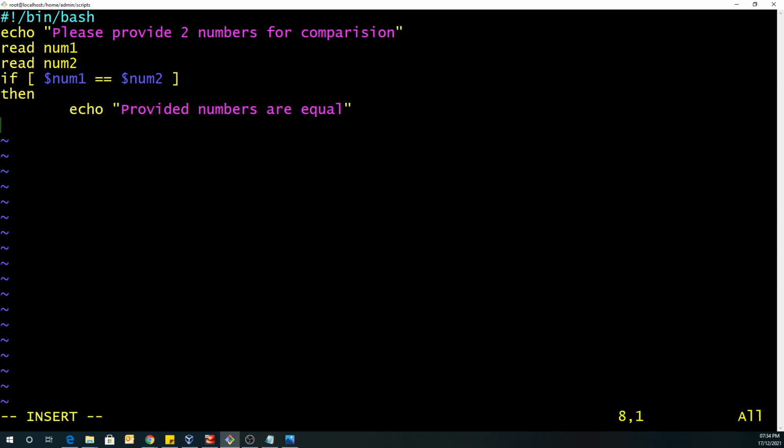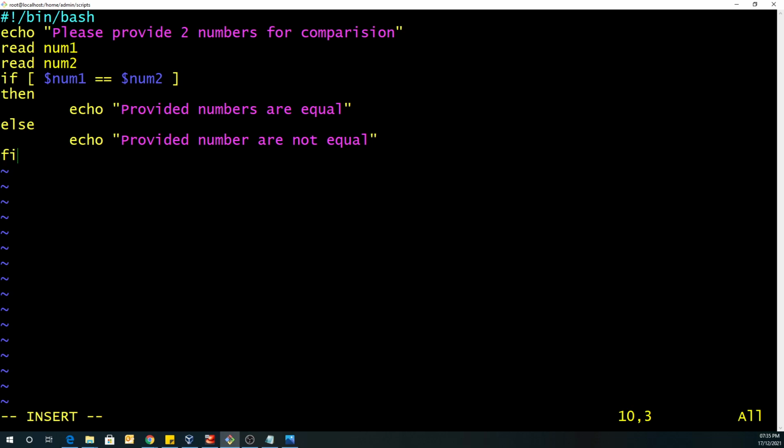Now if the numbers are not equal, it should enter the else. In else we would be printing the message: provided numbers are not equal, and we will end our expression over here.